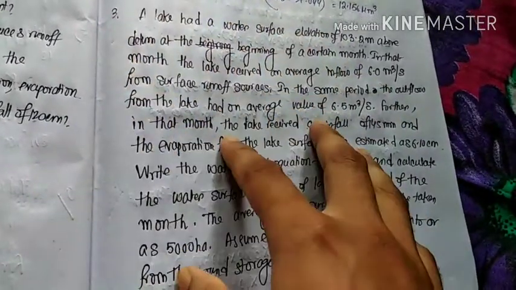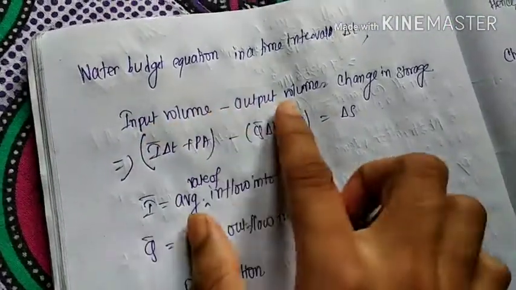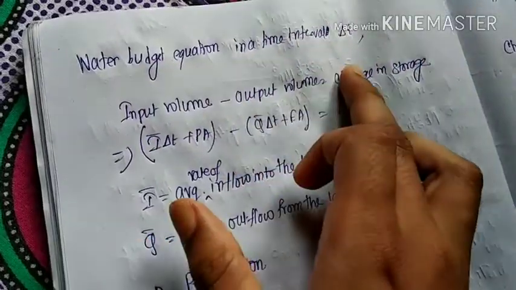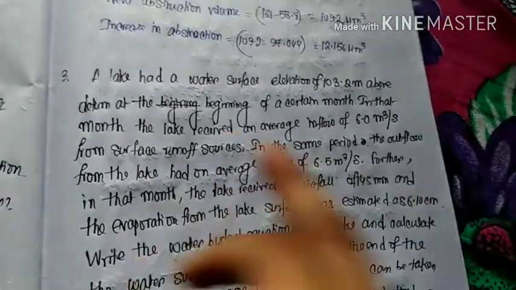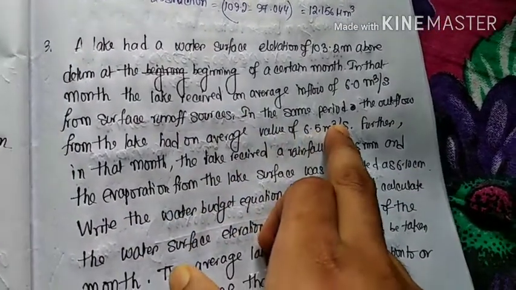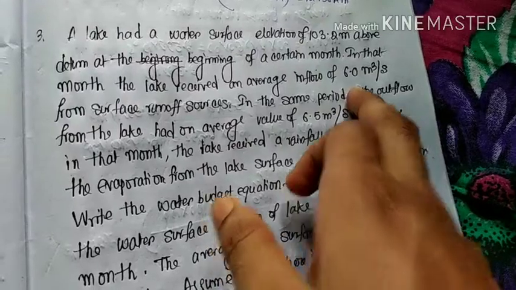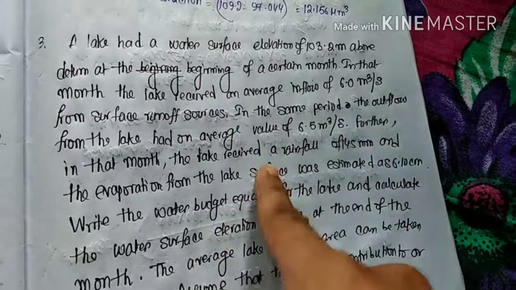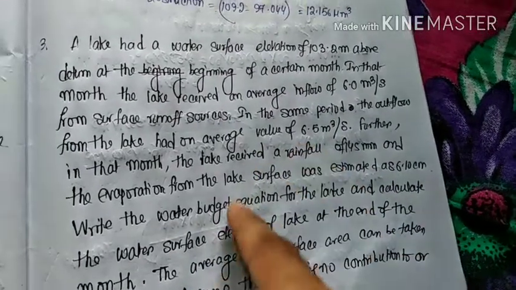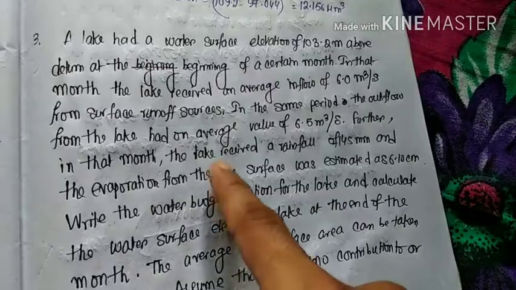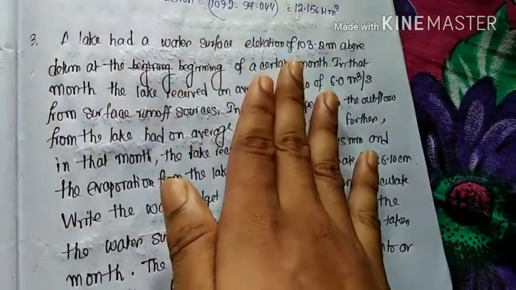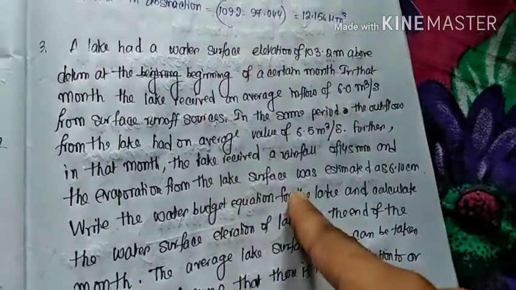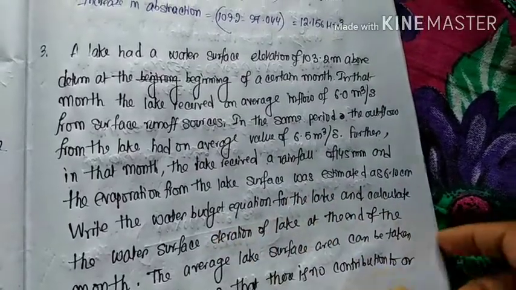Firstly, you know the water budget equation. Write the water budget equation. I have already written that the water budget equation is this: input volume minus output volume equals change in storage in the time of delta t. I always told you. If you read the question carefully, then you get that there is an inflow value of 6.0 and the outflow is 6.5. There is inflow due to the precipitation. There is outflow due to the evaporation. So you can get that